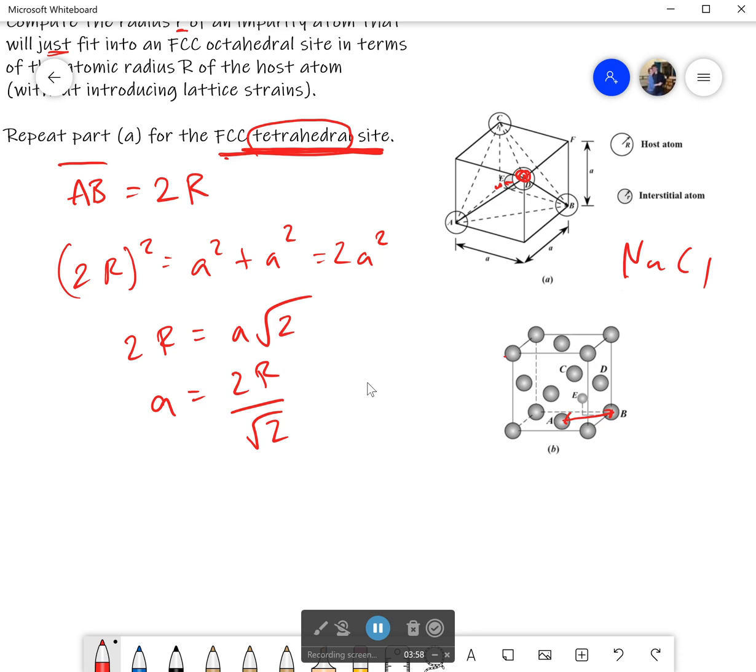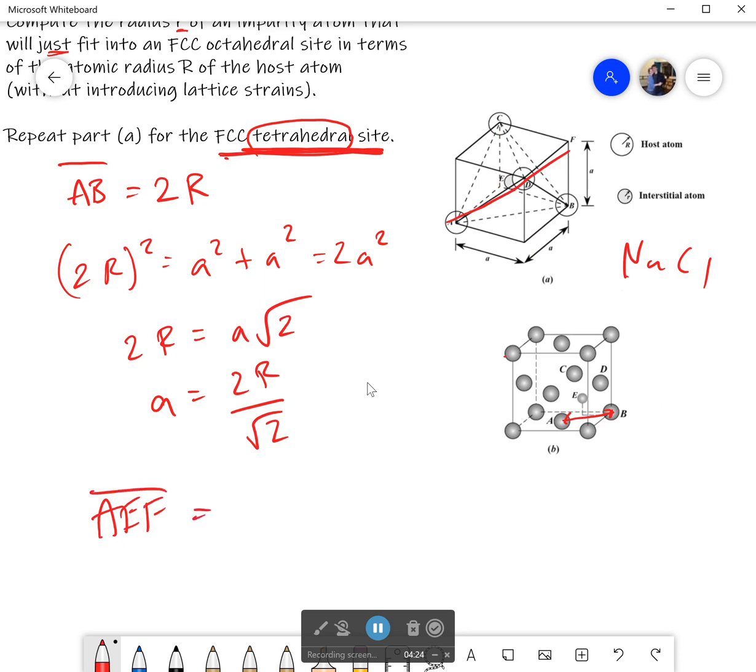Which means we can pretend like there's an atom over here. We can draw a line straight through the center. And so what we'll get then is that line all the way down from C through E down to that corner, which we don't have a name for. Or, you know what, we'll do it from the opposite corner because I actually have names for all those. A, E to F. Well, that line